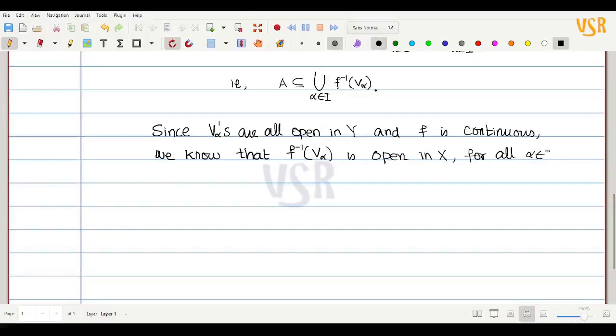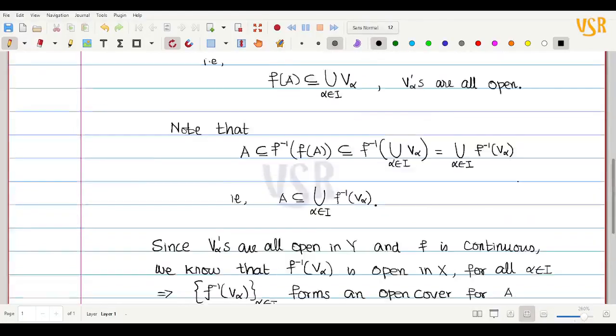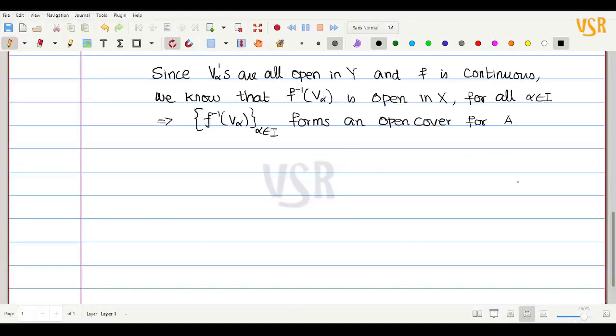Whichever V alpha you take, f inverse of V alpha is open in X. So this implies that the collection of all f inverse of V alpha, where alpha belongs to I, forms an open cover for capital A. From the open cover V alpha we have brought an open cover f inverse of V alpha for A. Since capital A is compact,